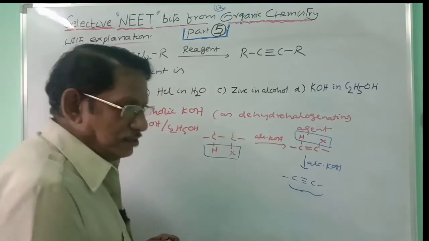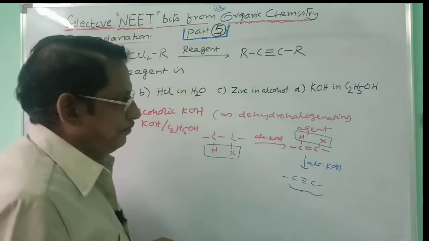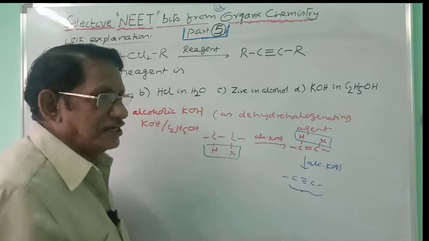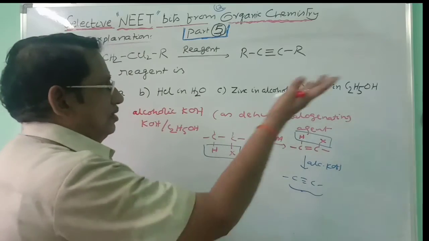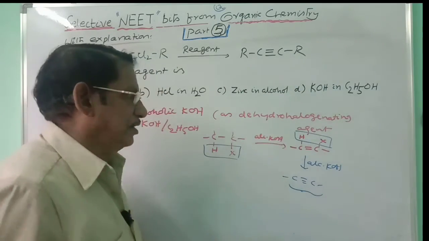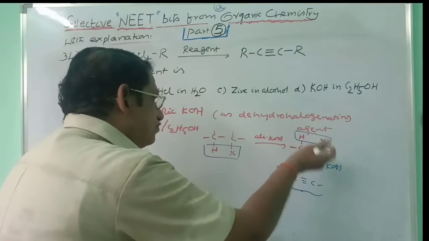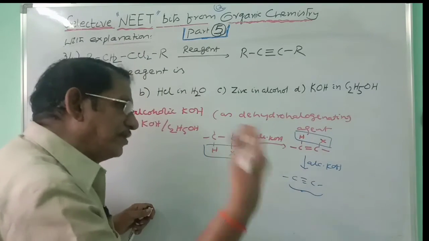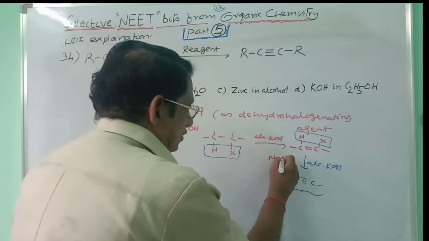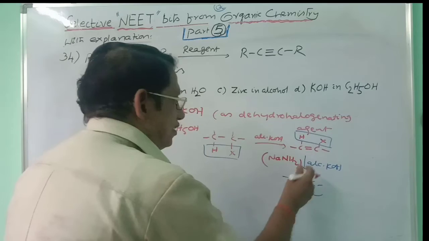That is somewhat stable through mesomeric effect. So the power of the alcoholic KOH may not be sufficient to bring the elimination reaction a second time. And of course here you have to agree because this is the product, this is the only reagent given. That is for dehydrohalogenation. And so here in this case, if the power is not sufficient, you can use other dehydrohalogenating agent like sodamide. In this case, in spite of that, you can use sodamide.